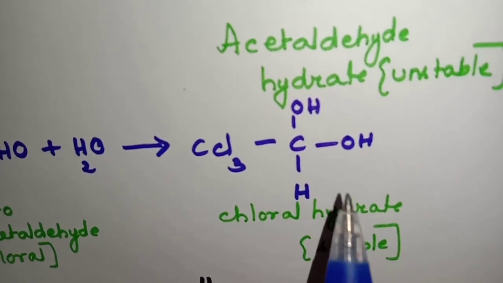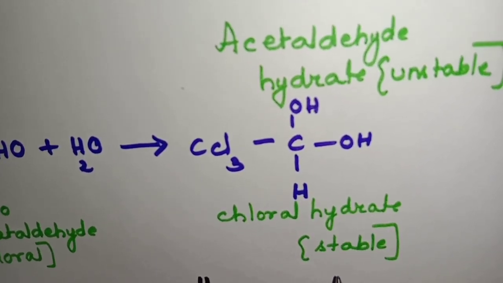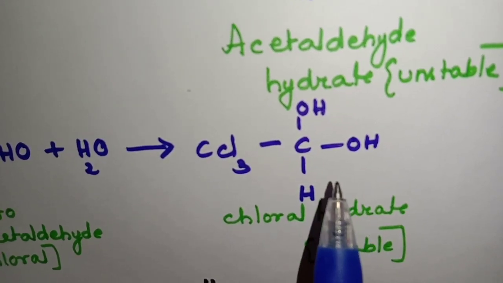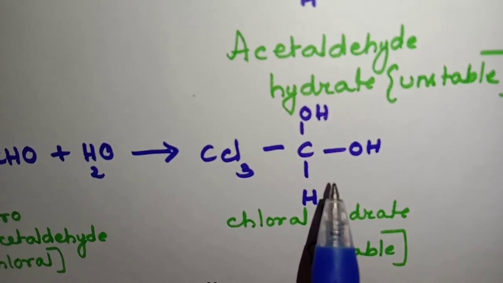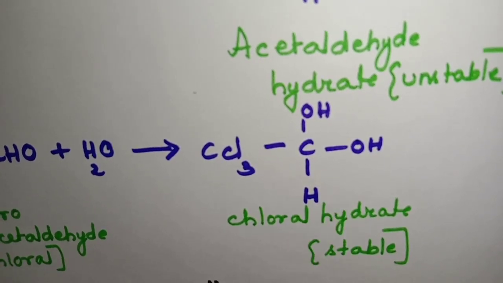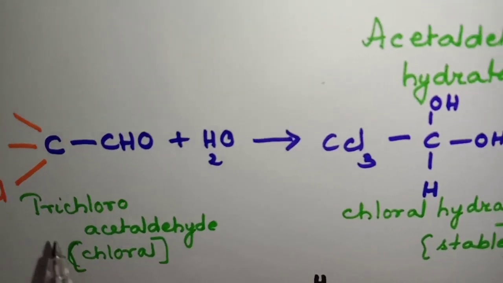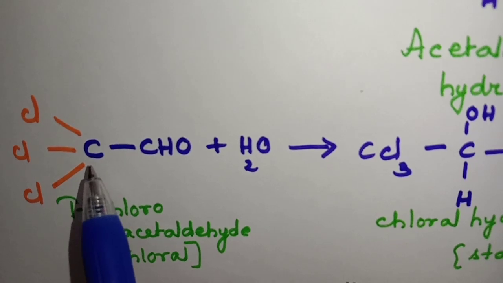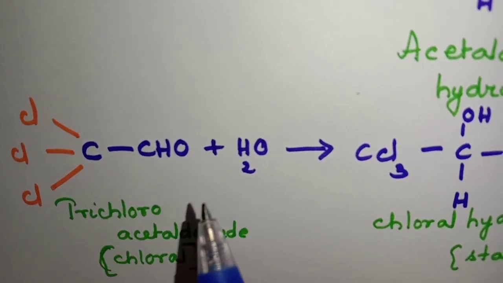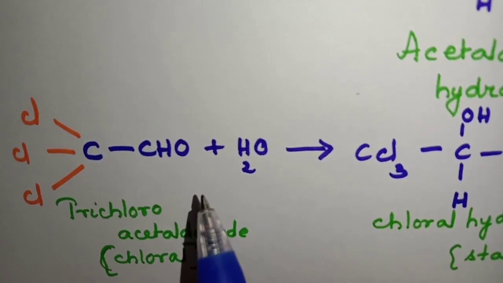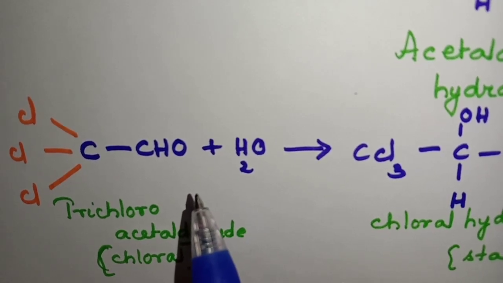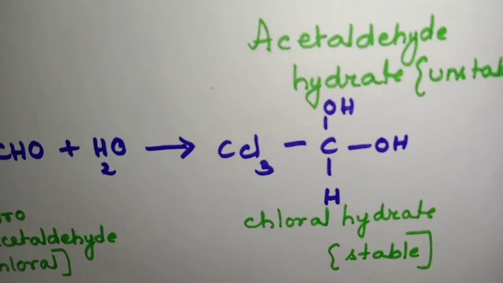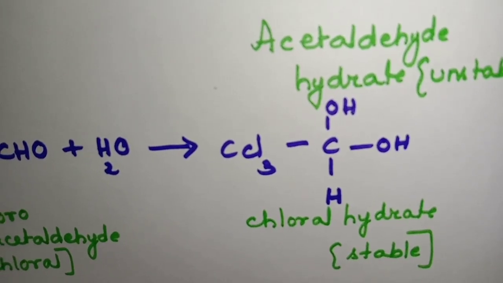Therefore, it is the reason why chloral hydrate is stable even though there are 2 OH groups on the same carbon. What should you write, students? The strong inductive effect of 3 chlorine atoms in chloral makes the carbon atom of the carbonyl group get more and more positive charge. So what happens by this? This stops the release of H2O from the compound. Fine. And also one more reason is here.